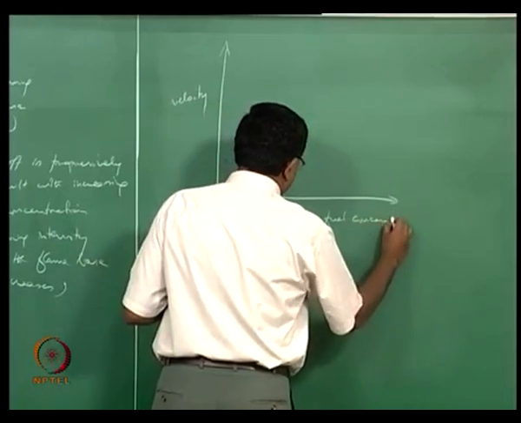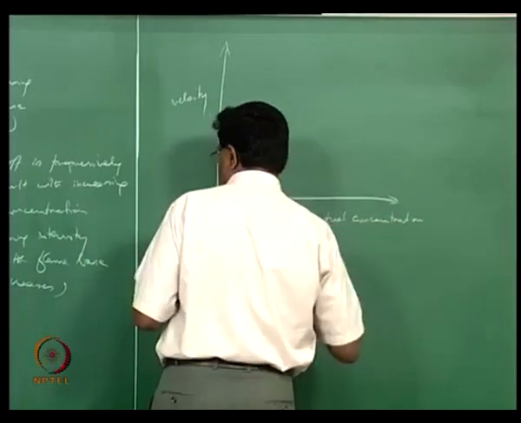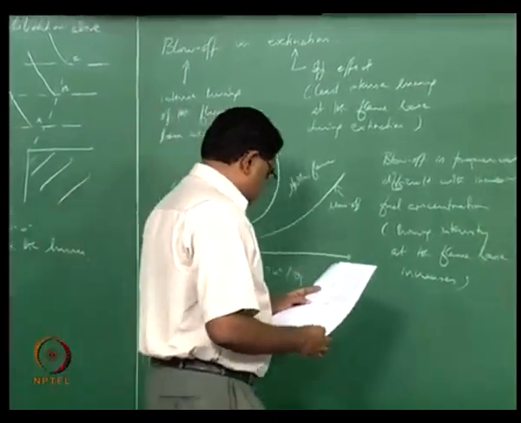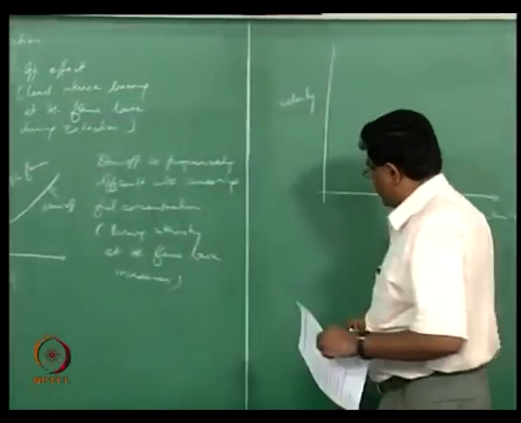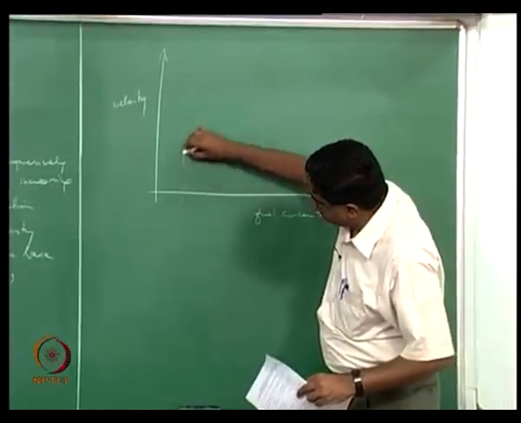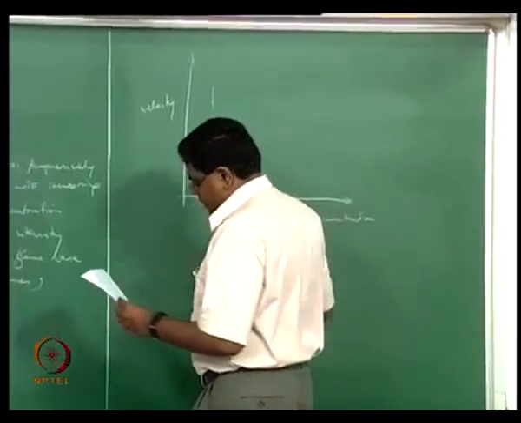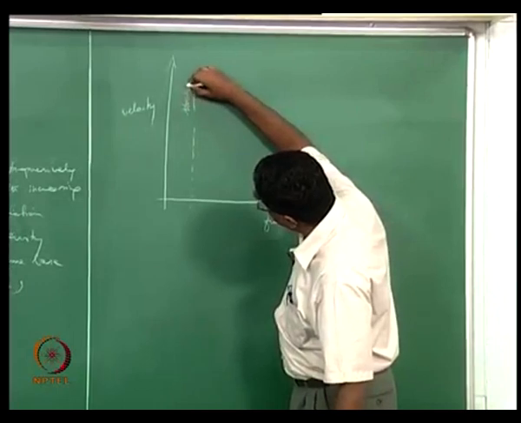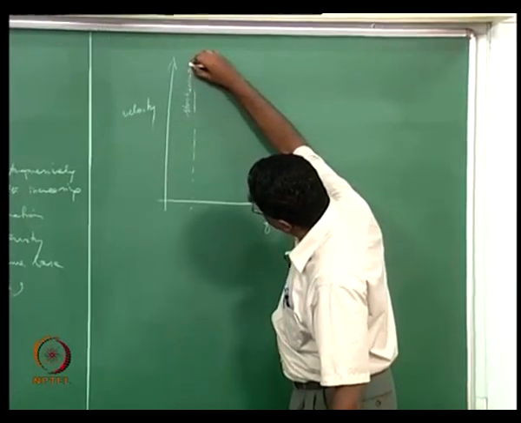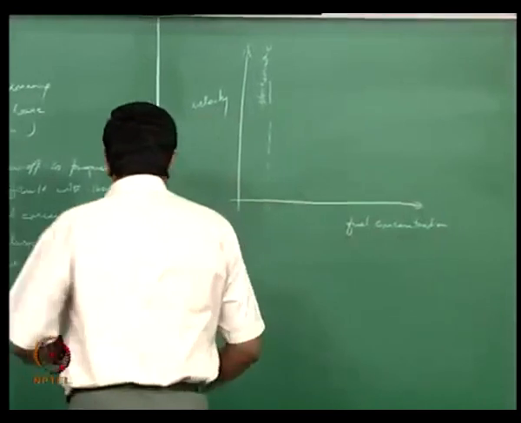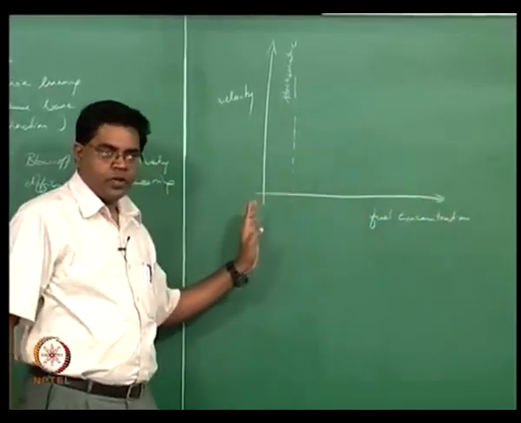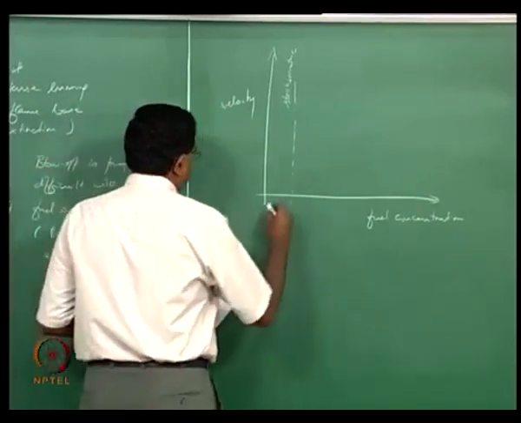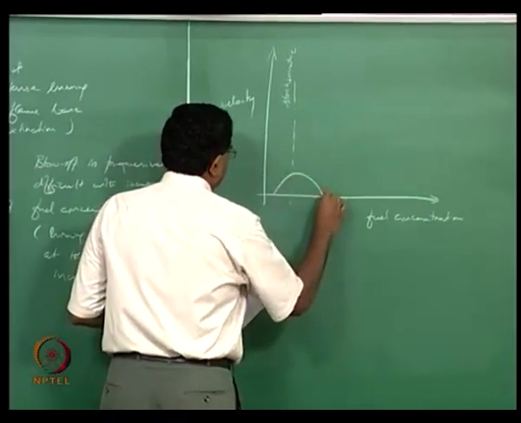So if you now plot fuel concentration on the x axis, or the horizontal axis, as opposed to the vertical axis that we did earlier, then let's now say we are somewhere in the stoichiometric, somewhere here, right. That means all this is fuel rich, right. Then our flashback curve would be somewhere there,